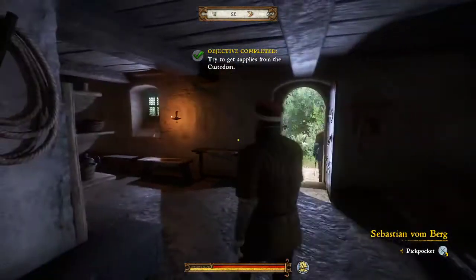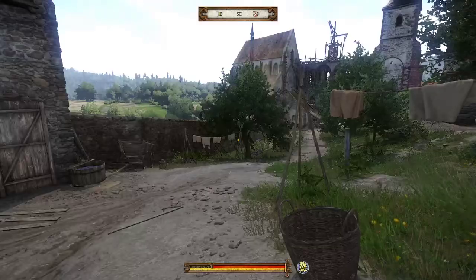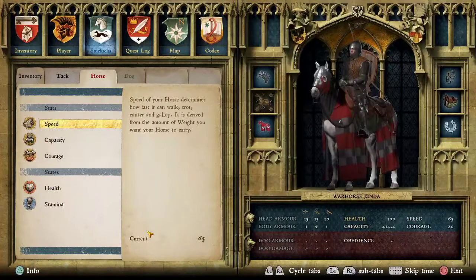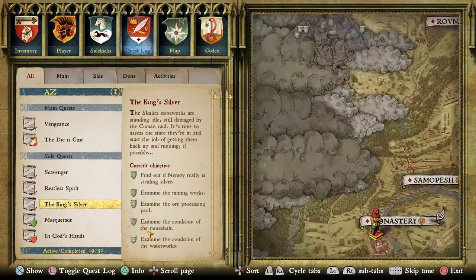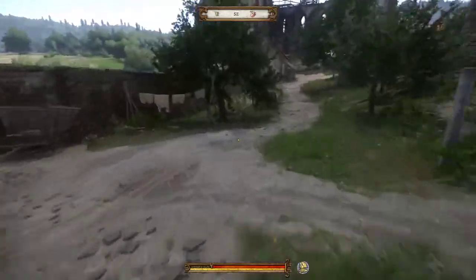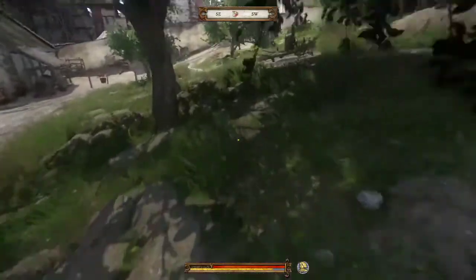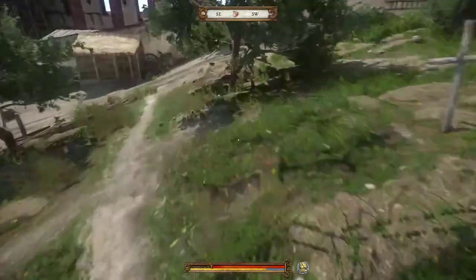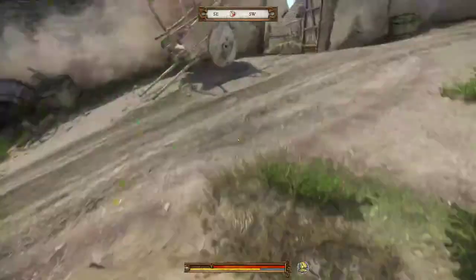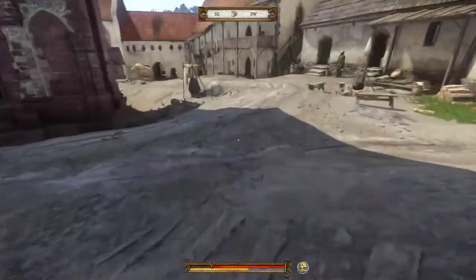Easy peasy lemon squeezy. Alright, what else for this side quest? Help with healing the sick in the monastery. Find something else. Okay, I have the thing to help the insomniac sleep. Bought that sleeping potion. I don't know who I have to talk to, but...